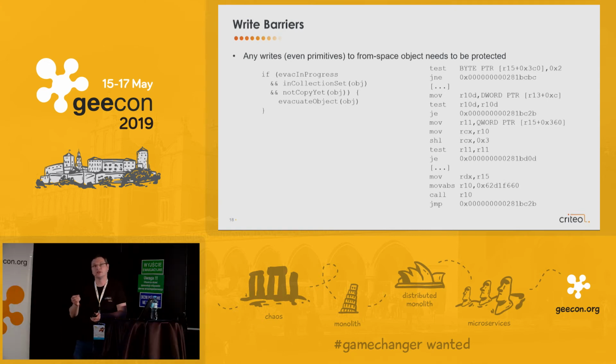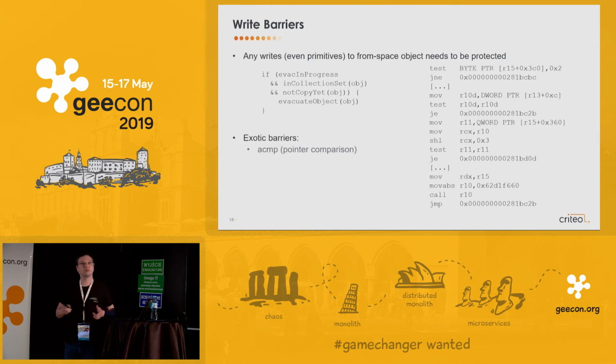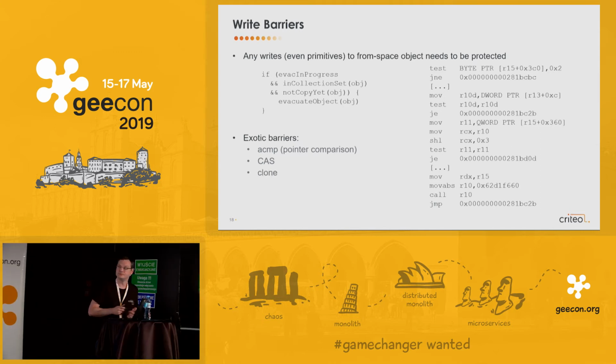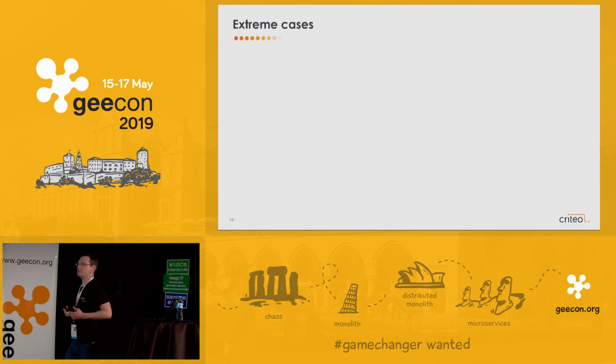So for each write, we have to test if the evacuation is in progress, and then all this code, the two other tests, to see if we need to perform this copy or not. So it adds overhead, but just in case of evacuation in progress. But still, we need to test from memory if the flag is activated or not. There were also three other exotic write barriers for pointer comparison, but not so much in Java, for cast, compare and swap, and clone. In extreme cases,